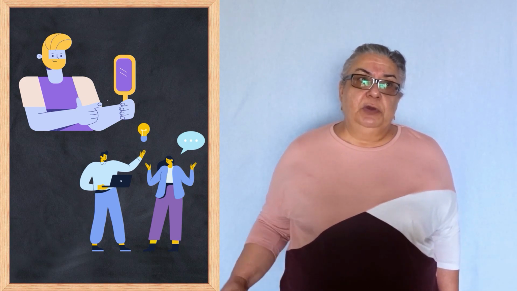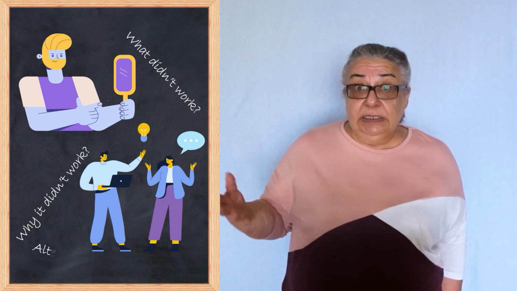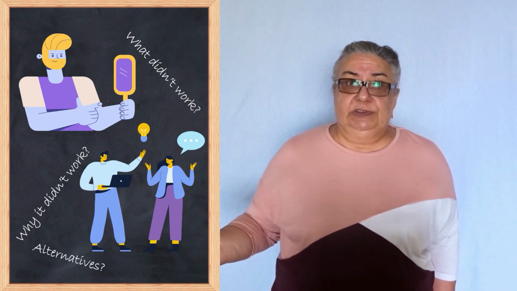You can do this by yourself or with the help of your peers. It encourages you to consider causes and options, alternatives. You can think about what didn't work, why it didn't work, and if there are alternatives or other options to